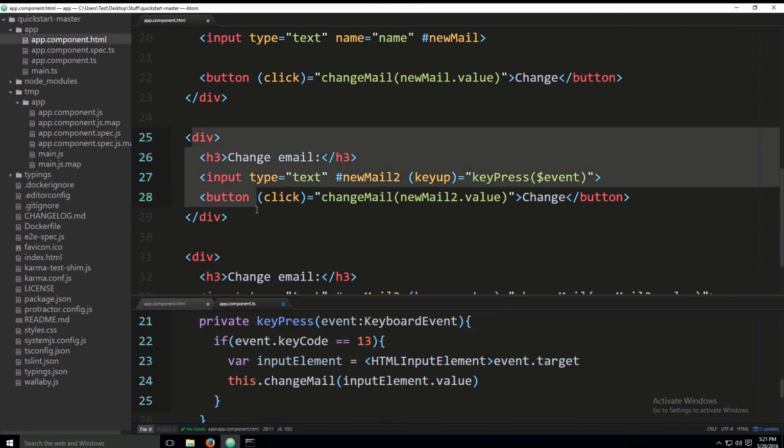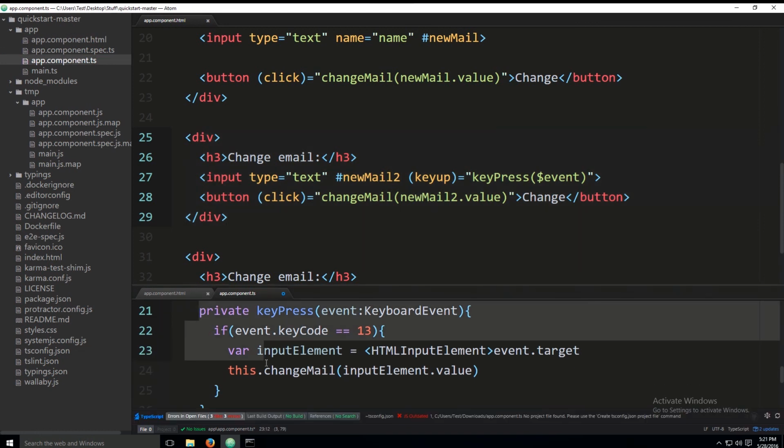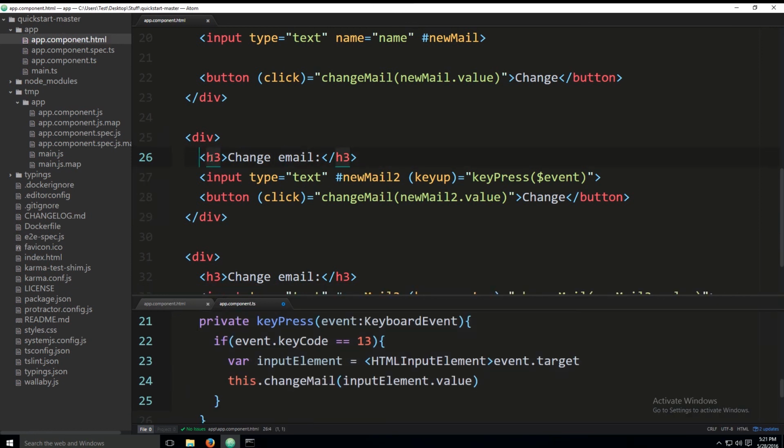So this we are going to use in conjunction with this method here in order to enact exactly the same changes as before, but by pressing enter on the keyboard. So everything is the same. Again, header, change email, input type text. We're creating another reference to it. See, this reference is new mail and then number 2. And then we're giving this key up. And it says key press